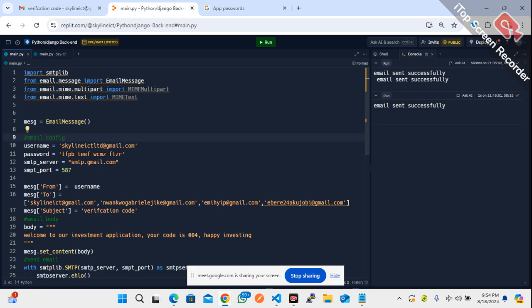So in the situation where you don't have this MIMEText, and then you send that email, it will not go. But this MIMEText will convert the whole thing to a normal text, a plain text that you can leverage on. So these are the two imports that we need. Then we also need to do a bit of code refactoring. So the next thing I'm going to do here is